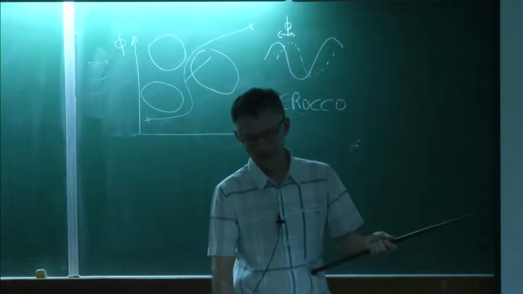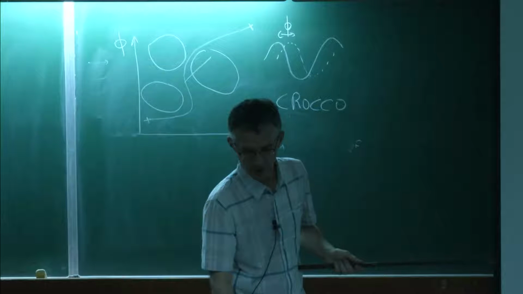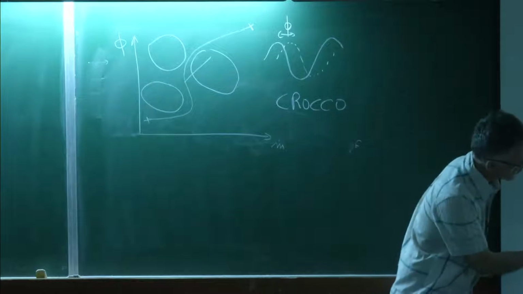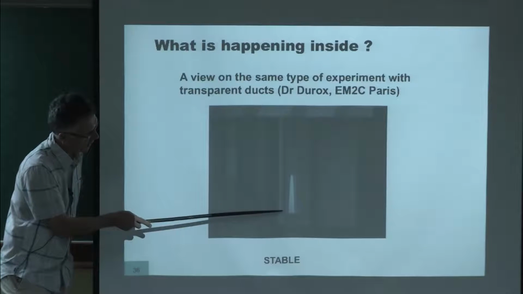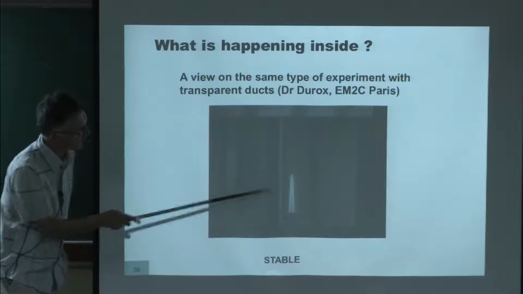A quarter of the length? Well, yeah, not far from that. This is actually a view of the flame when there is no instability. You see here the flame. This is now a quartz tube, a little bit more expensive. You need $1,000 to do that. And you see the flame is moving a little bit.